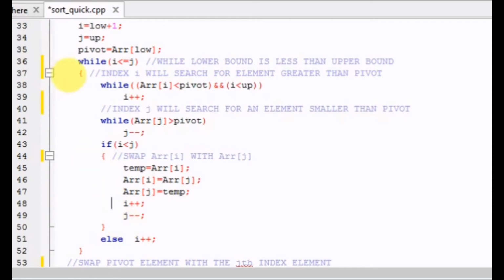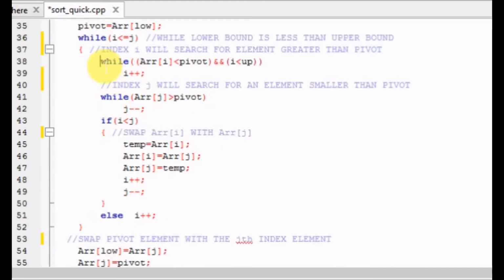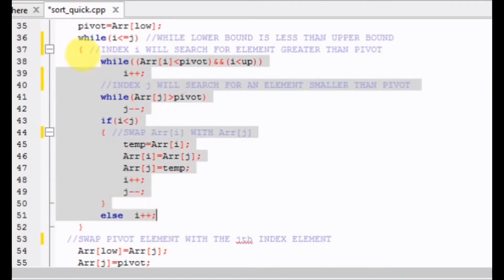We have seen all these functionalities in the last video in which I discussed the concept of this quicksort algorithm. Else i plus plus, that means if i is not less than j, that means if i is greater than equals to j, then we will increment the value of i by 1. So these all statements were within this while loop, right? This while loop while i is less than equals to j.